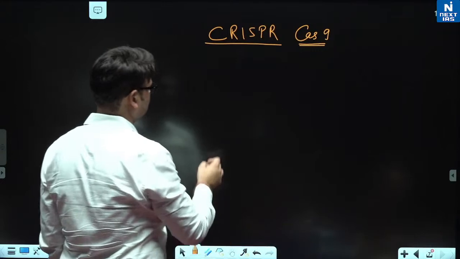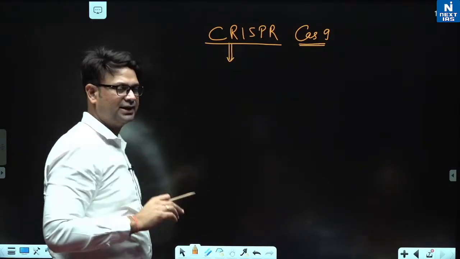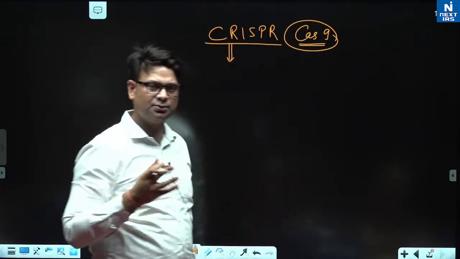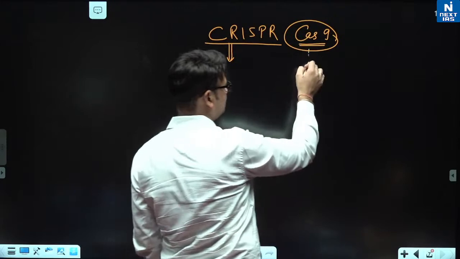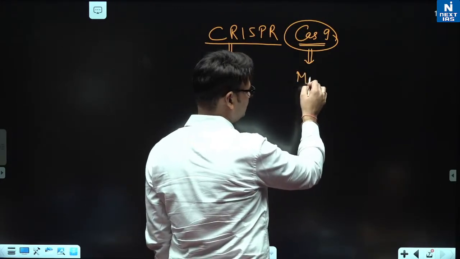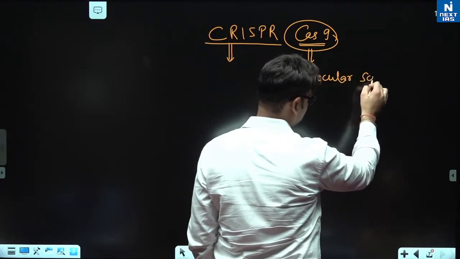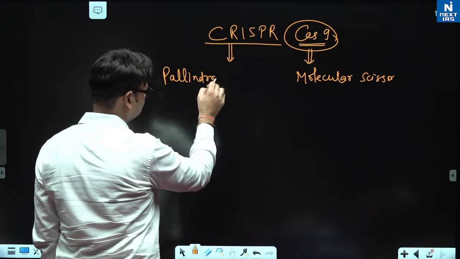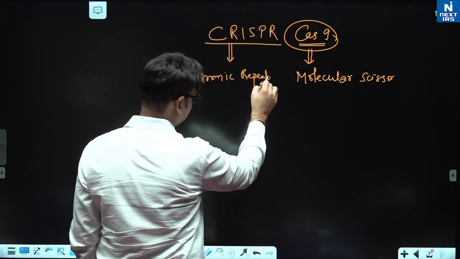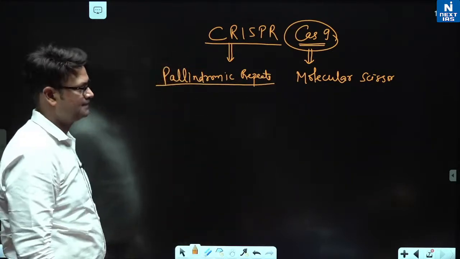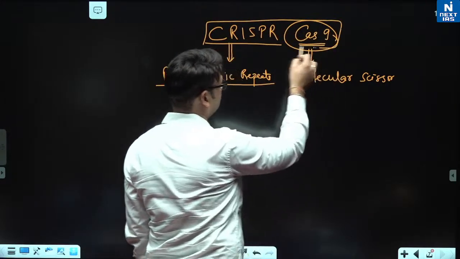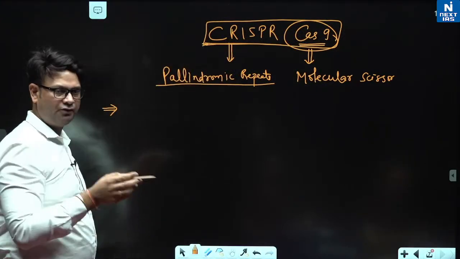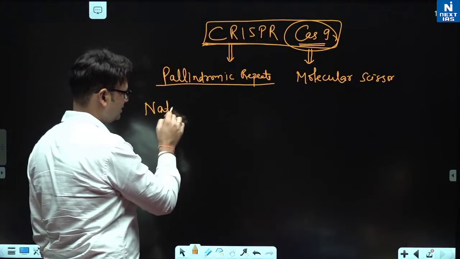ठीक है. So CRISPR, this full form is clustered regularly interspaced palindromic repeats, and Cas9, that is CRISPR associated protein 9, that is a kind of nuclease, ठीक है, that acts as a molecular scissor. Okay, and CRISPR are palindromic repeats found in the DNA. Okay. Now, CRISPR-Cas, this technique, basically this technique is an imitation of a naturally occurring defense mechanism,